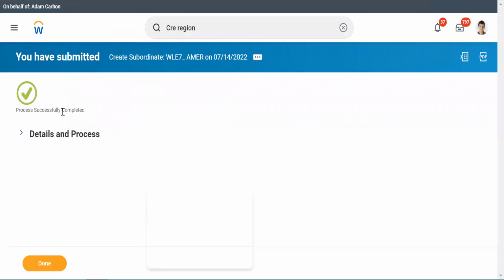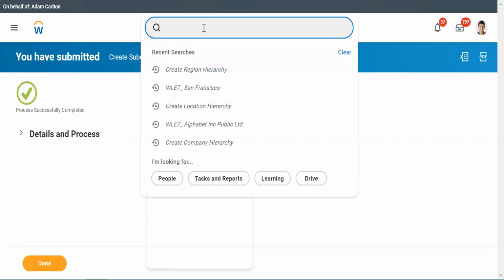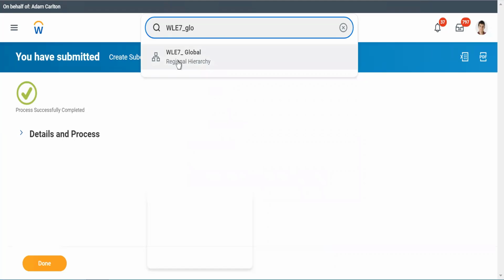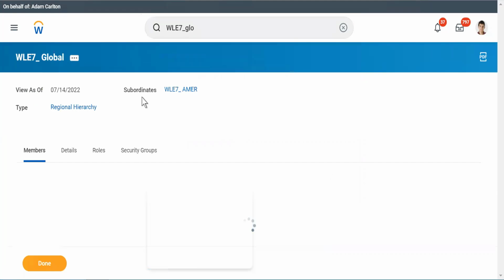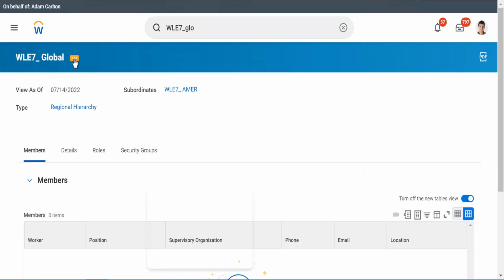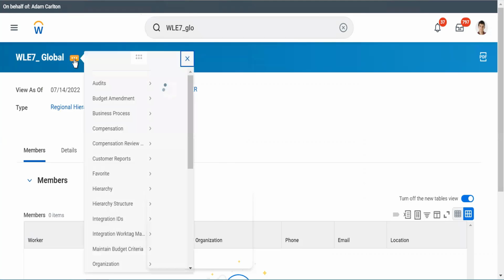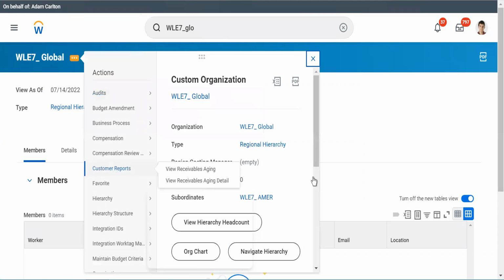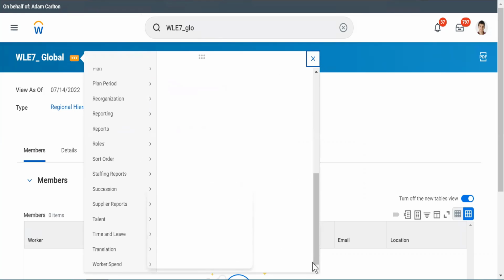Since this process successfully completed, I'll search it. All right, this is my global regional hierarchy. Now under EMER, I see one of the locations as London. I can go ahead and create another one as EMEA.